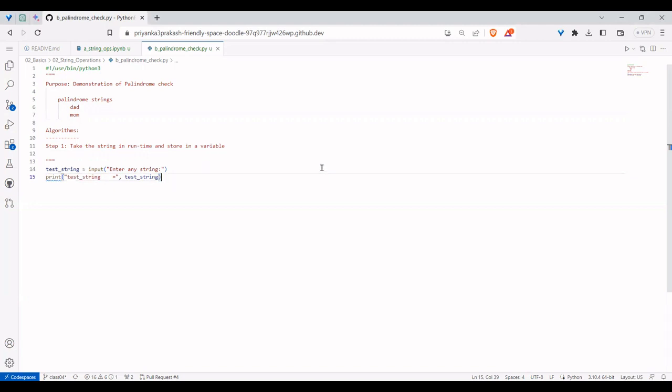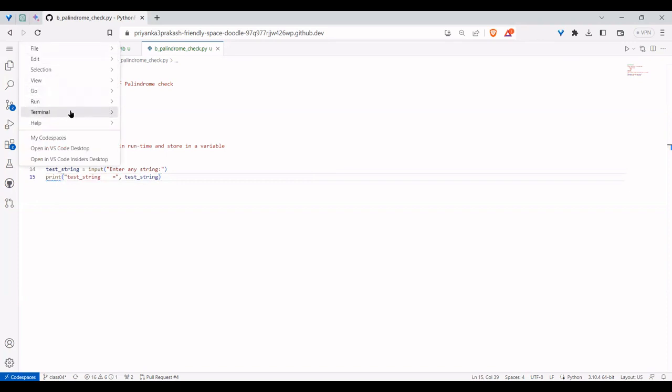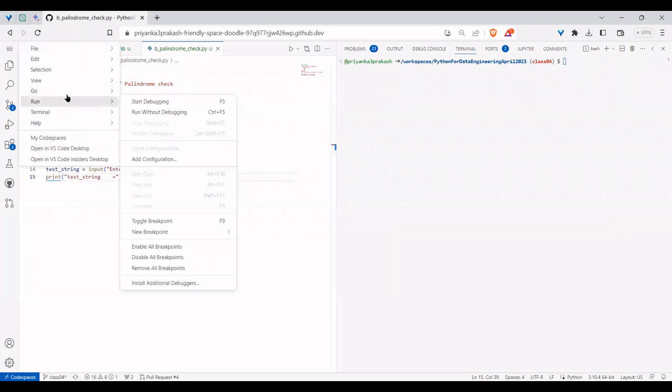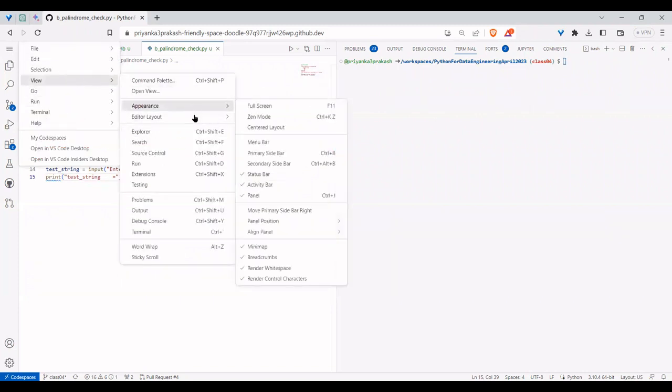And how to execute this program? There are multiple ways, but the terminal is the best way. If I create a new terminal, I need to navigate. Why is my terminal coming on the right side? I showed that option to you also. If you go to View, there is something called Appearance. In Appearance, we have Panel Position. If you want it on the right, you can choose that. By default, it will be bottom.